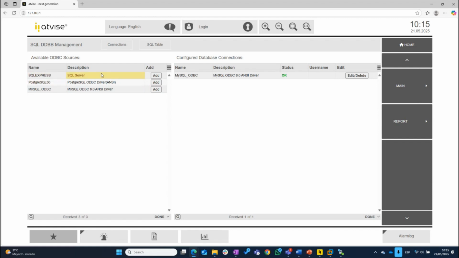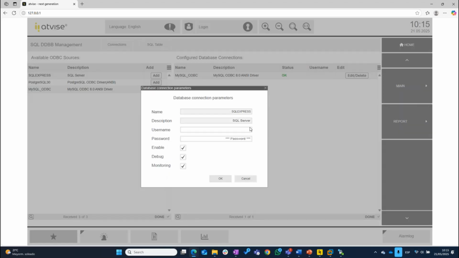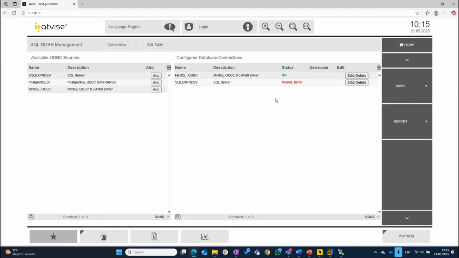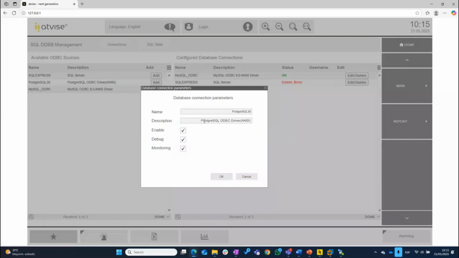In some cases, for example SQL Server, that's not an option, and you need to authenticate here. In this case, I leave it blank and see that there is an error. And in the case of Postgre, it's similar to MySQL. In the driver itself, in the ODBC, in the DSN, the user and password are set, so I can make